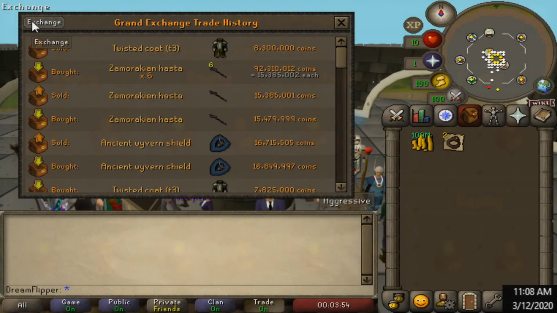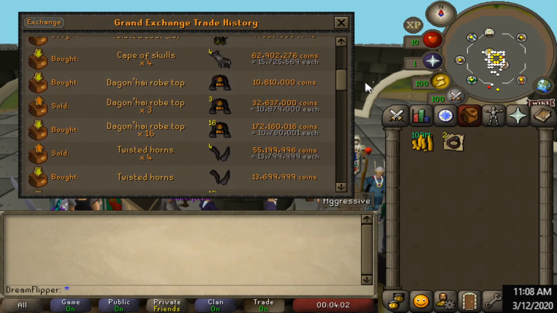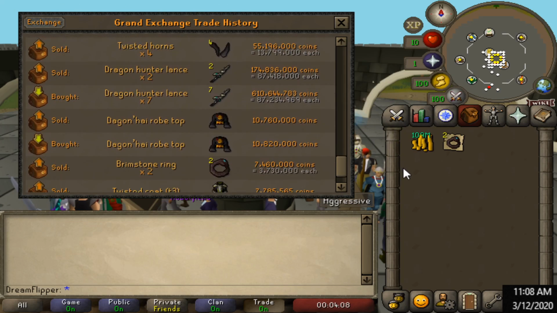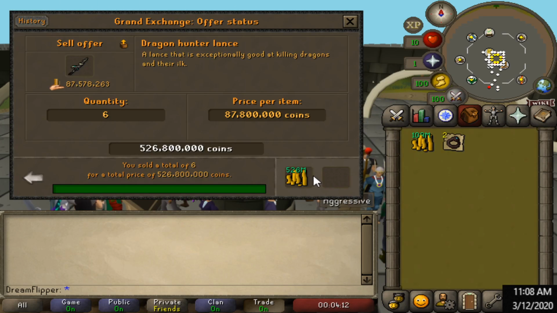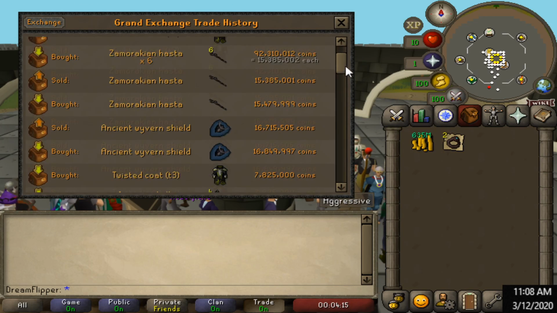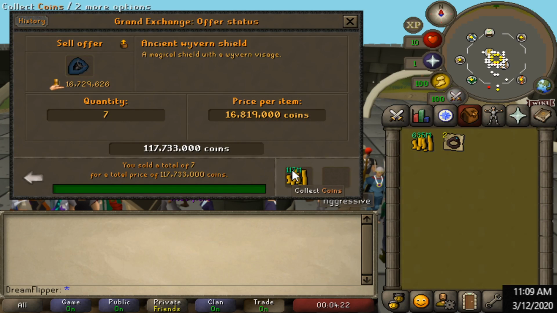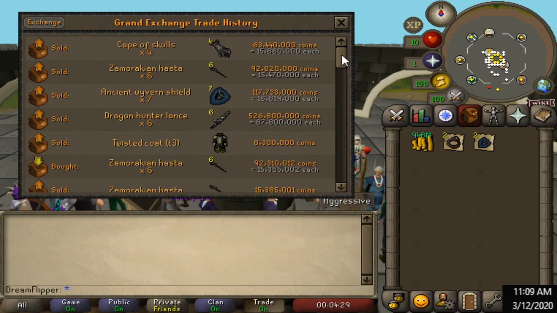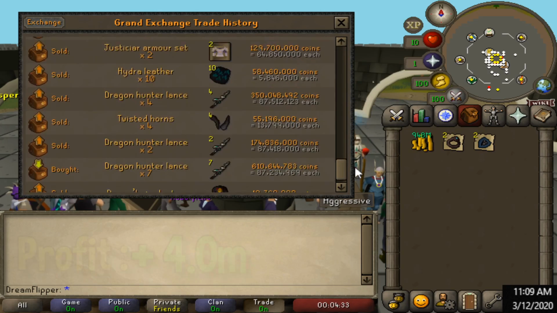Well, I pretty much just did my staple overnight flips, but they didn't really let me down too badly. My favorite items over the last month or two have been the Dagonite Robe Set, the Cape of Skulls, the Ancient Wyvern Shield, and the Dragon Hunter Lance. I've been making pretty decent money on them pretty consistently. Like on the Dragon Hunter Lance, we just made another 1.5 mil profit. On the Dagonite Robe Top, we're going to get about 1.2 mil once everything is said and done. About 700k on the Twisted Horn and about 540k on the Cape of Skulls,